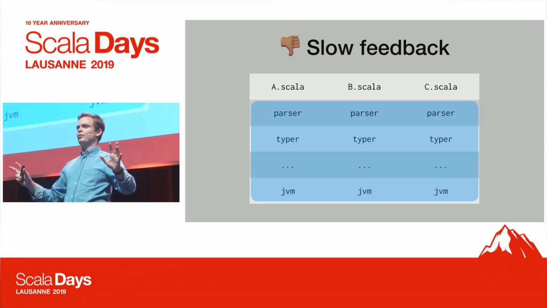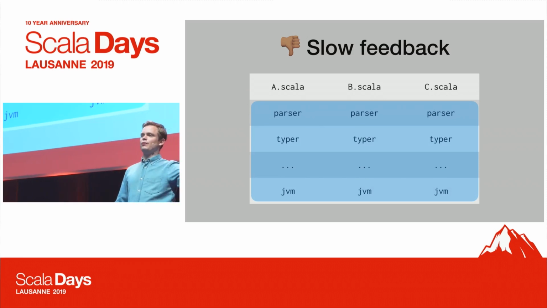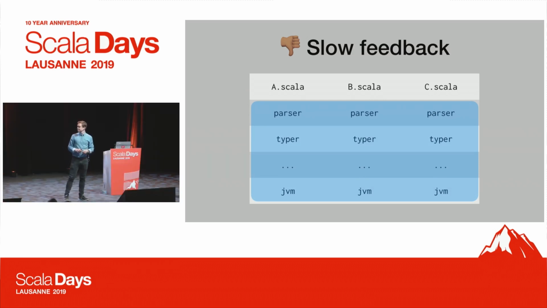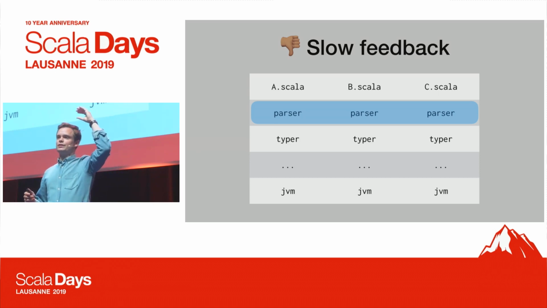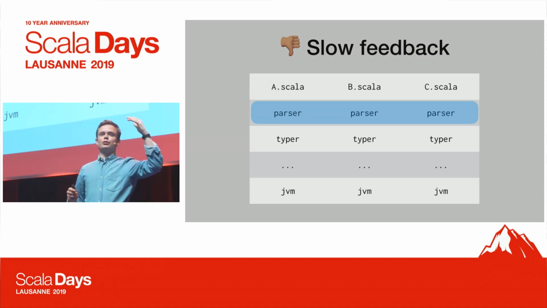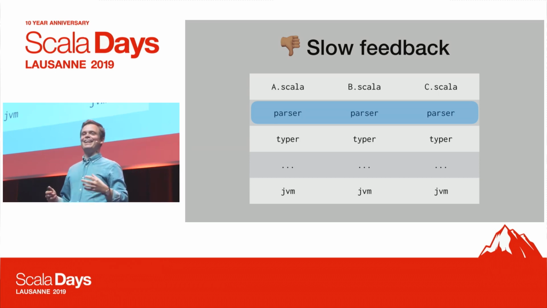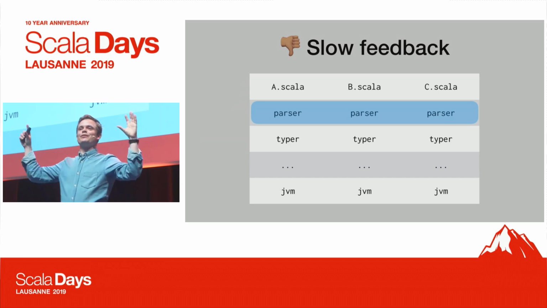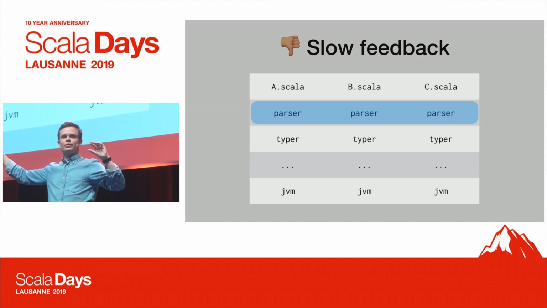And that's the naive approach. If you say, okay, let's clear the errors, you have to wait for all of these phases to finish for all of the files, and that's a bit difficult. So what you could do instead is group the errors by the phases that they are published in, and then just clear after the parser phase is finished, which gives you a bit faster feedback. But you're still waiting for the typer phase to finish for all of the source files before you can clear.